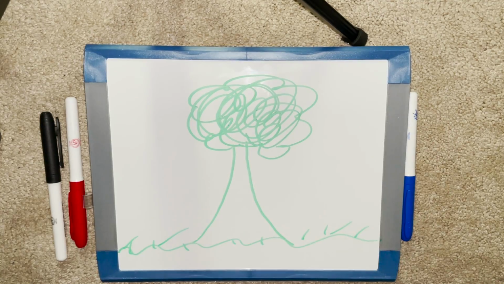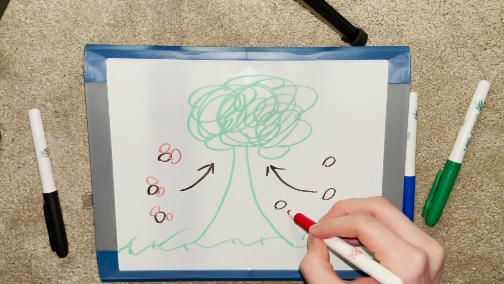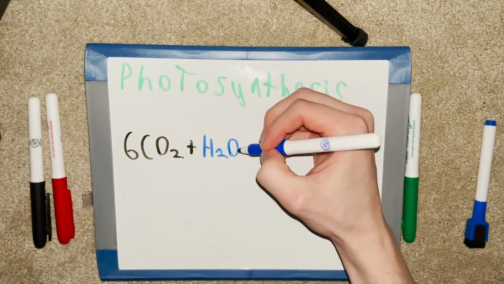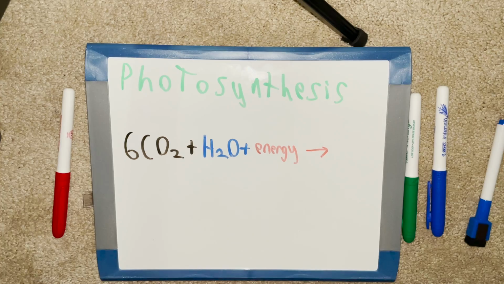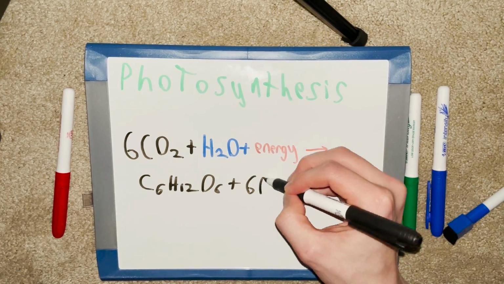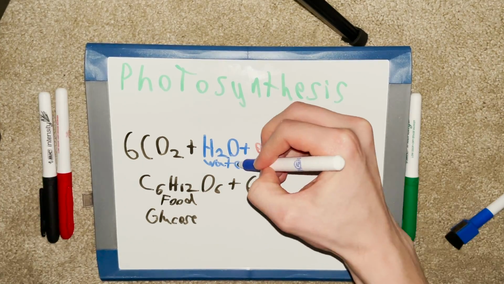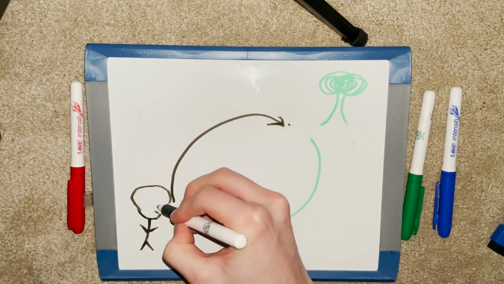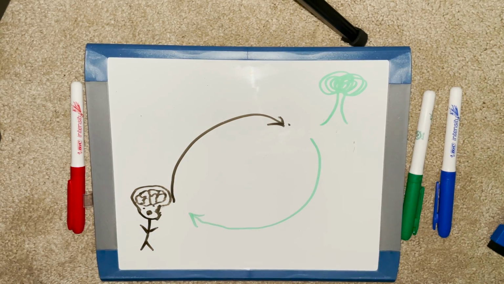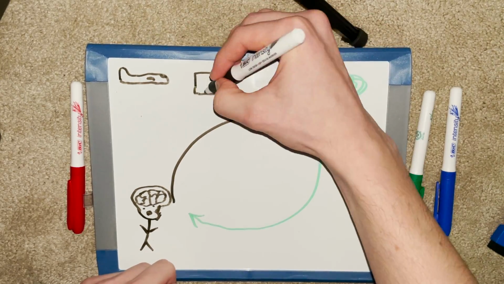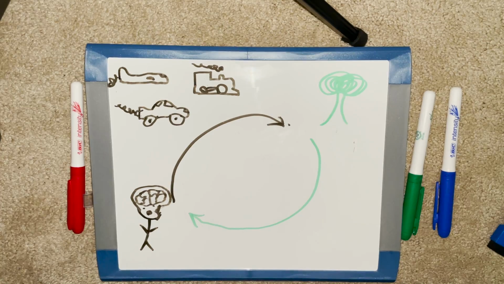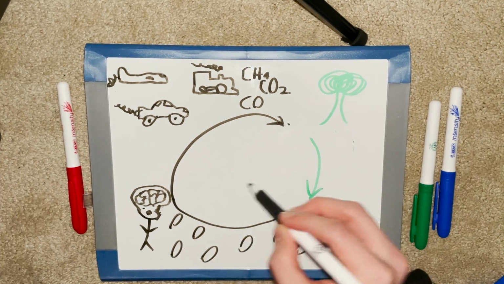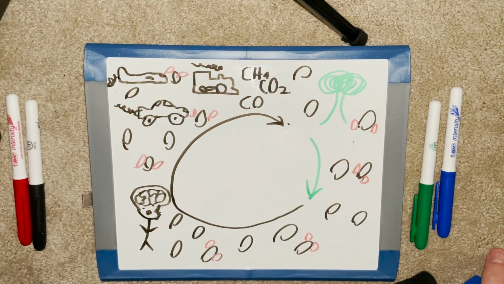Eventually, the CO2 is collected by plants that use it in a process called photosynthesis. This is the exact reverse of cellular respiration, where it turns carbon dioxide and water into glucose and oxygen. It is a beautiful ongoing system, or at least it was, until man got smart and made machines. Machines such as planes, trains, and automobiles that cause the balance to shift, with even more gas being pushed into the atmosphere, such as carbon dioxide, carbon monoxide, and methane.